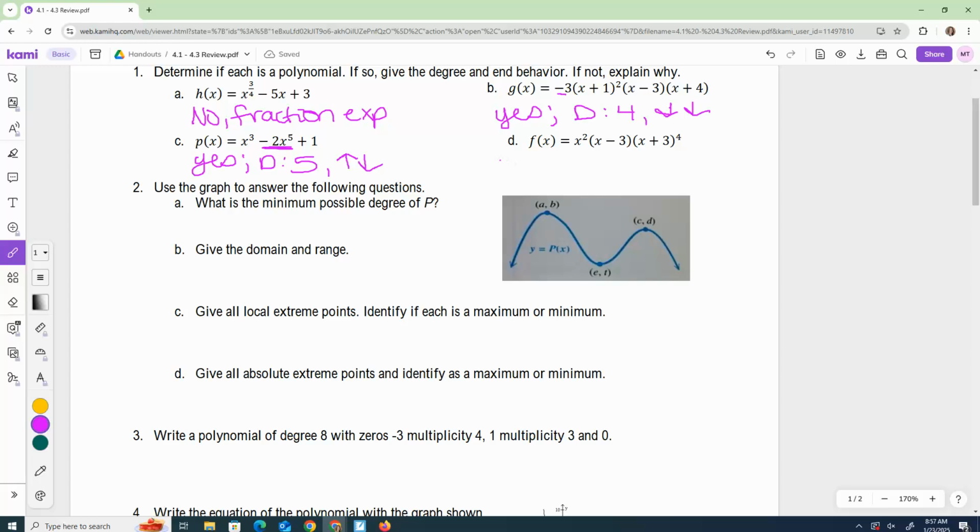And D is again a polynomial. What's the degree on this one? 7. And so the end behavior would be